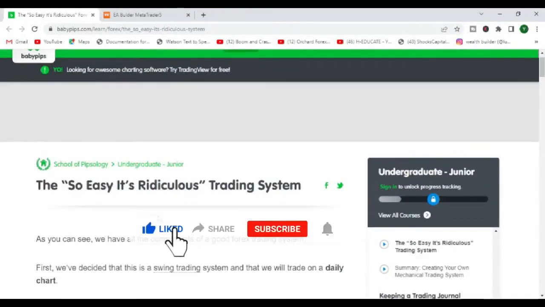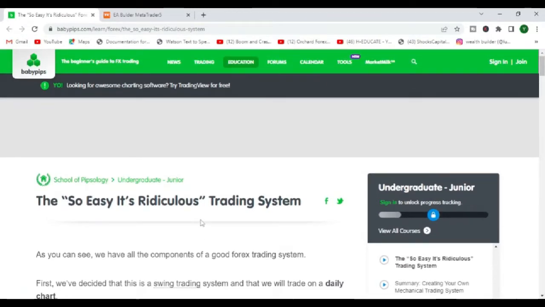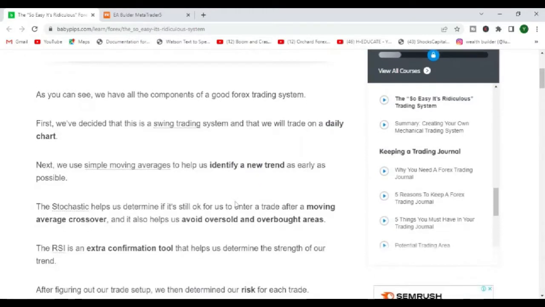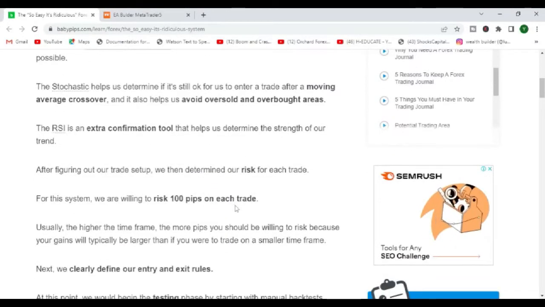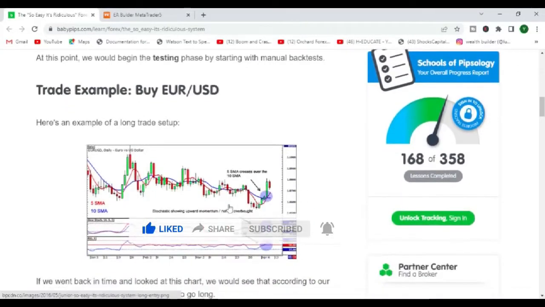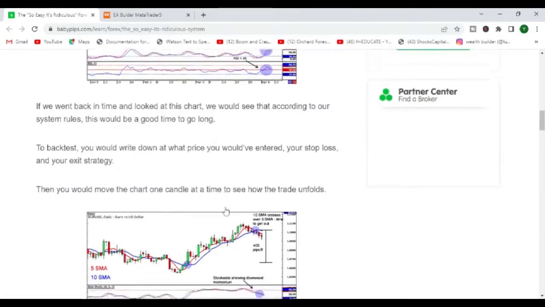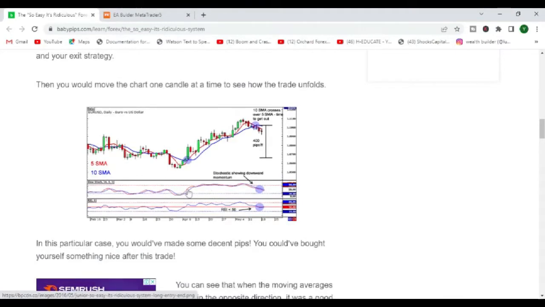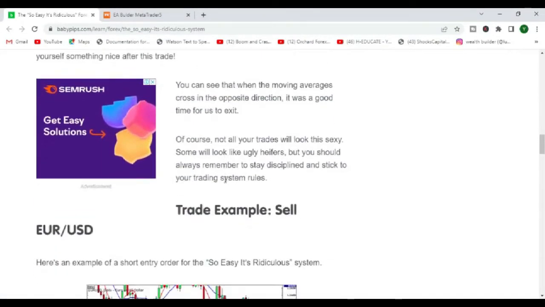So in this video we are going to try and code this strategy that I found on Babypips. We are going to try and transform this strategy into a forex robot. That's basically the strategy. They are using moving average crosses as well as stochastic and RSI 9. So we are going to try and code this into an automated trading robot for ourselves, and this will be